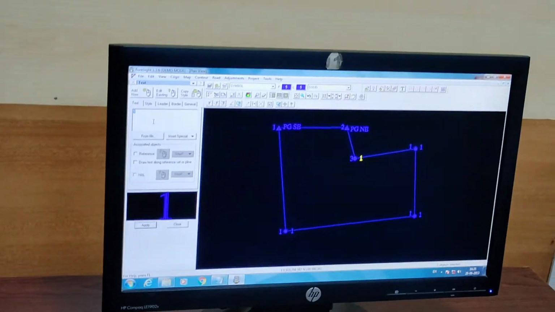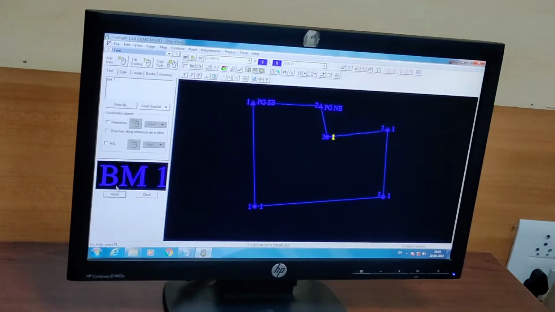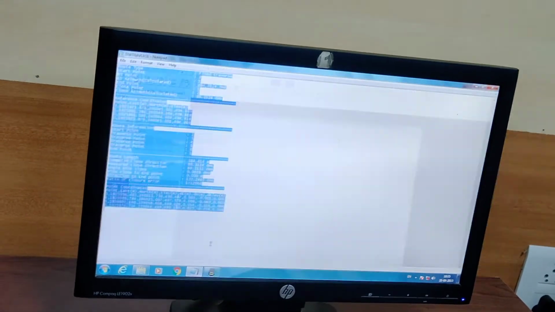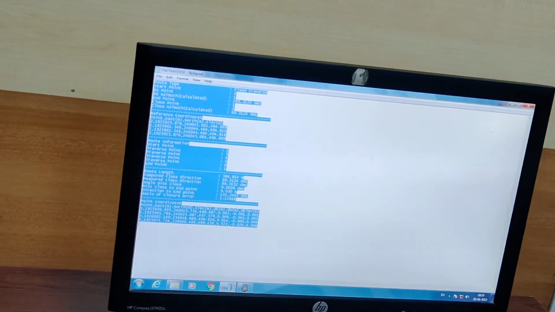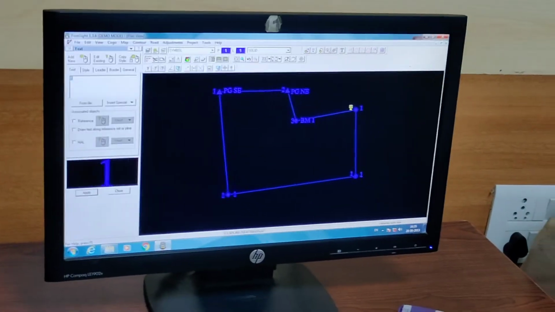This one. BM1 or how much? What is it? This name, 1 to 5. BM1. Okay. BM1. This is 4.